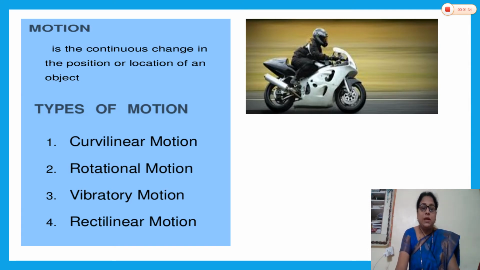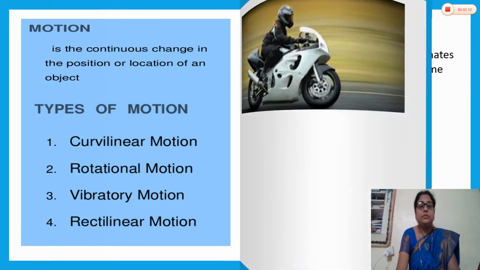Types of motion are curvilinear motion, rotational motion, vibratory motion, rectilinear motion. You will study other types of motion in your 12th class, that is circular motion, oscillation, rotational motion. Thus there are different types of motion, and we see different objects moving all around us, like the earth revolving around the sun. We walk on the road, we run, vehicles and animals move on the road, all these objects are in motion.